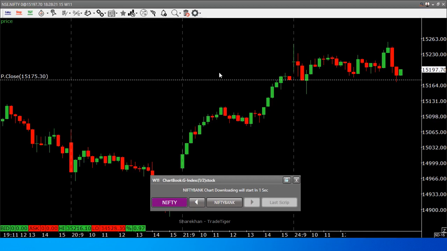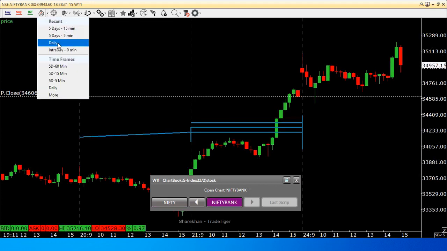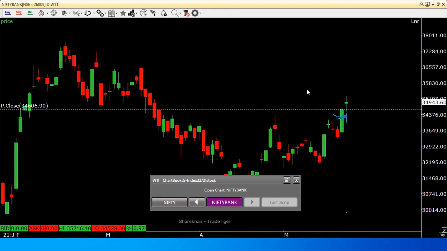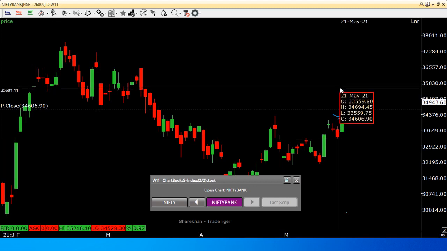Now what about the Bank Nifty? Let us see the daily candle. So this is the daily candle. Bank Nifty looks a little stronger than Nifty here. Why? But I don't think that Bank Nifty is going to sustain on the top without the alpha of Nifty, right? Although Bank Nifty will try to reach this level tomorrow,